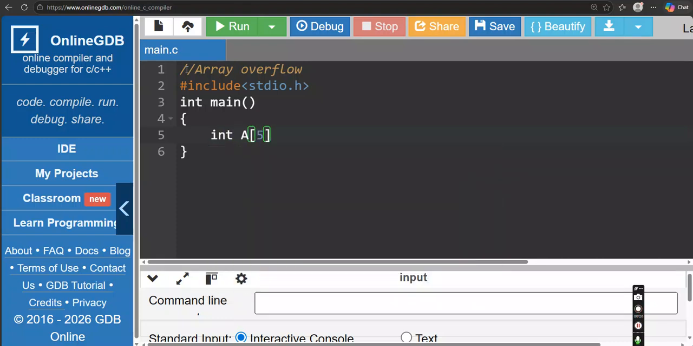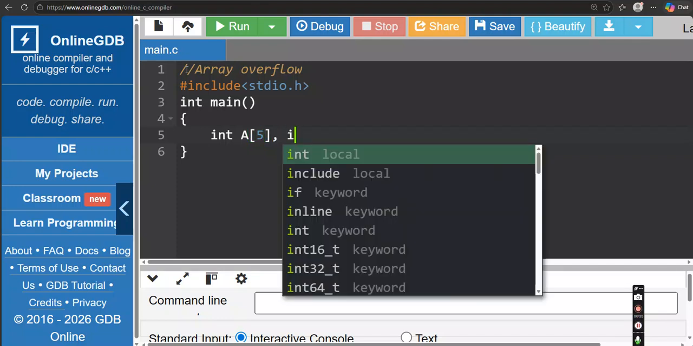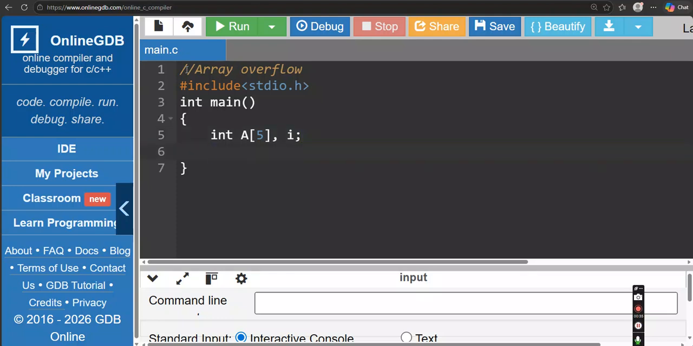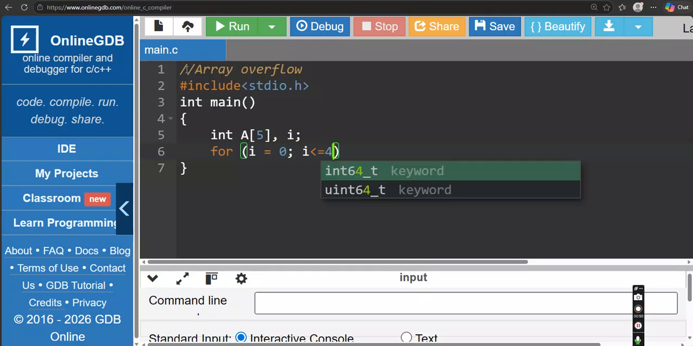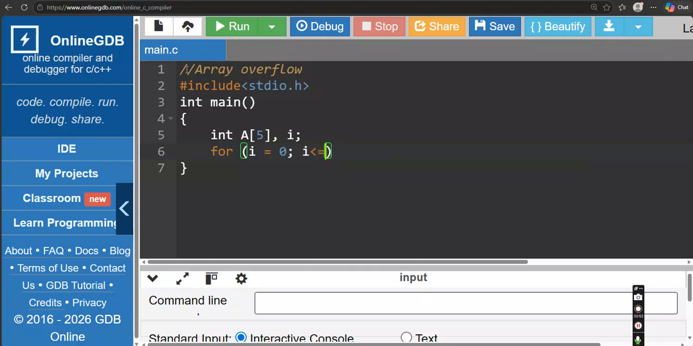So this is capable of holding 5 elements, and then I have the integer type variable i, which will act as a loop counter. And what we want to do is that the user should enter the elements of the array. So for i equal to 0, i less than or equal to, I should write this as 4, but instead of that, let us see what happens if I write this as maybe 7. So it's as if I am expecting that there are 8 elements in the array, and then i plus plus,